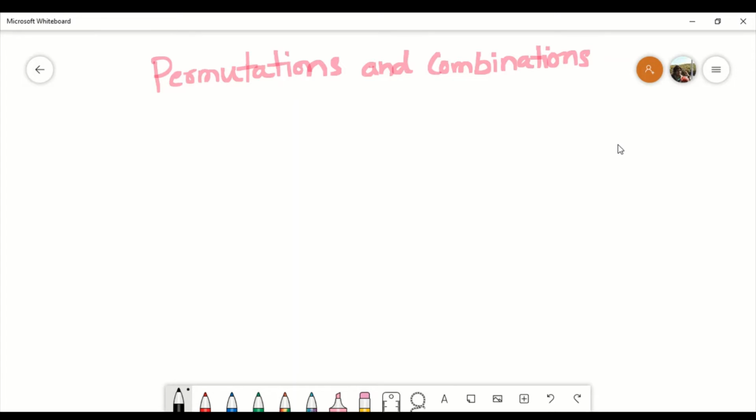So I'll be creating multiple such videos for permutation and combination of shorter lengths. Each video will capture a particular concept, and we'll discuss some of the problems, and then we'll go step by step in each video. So we'll first start with the definitions, like what do we mean by permutations and combinations, right? So both of these are related to some sort of counting problem. Wherever we see combinations or permutations, it actually has a way to count something. The problem will mostly revolve around counting a particular event or activity, right?